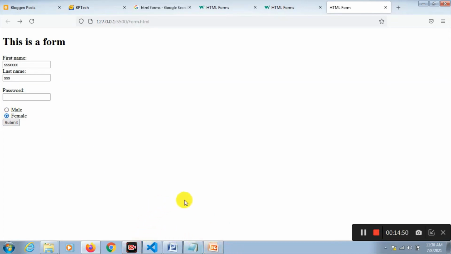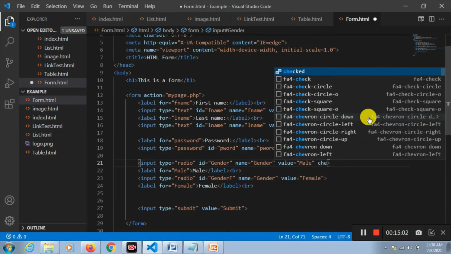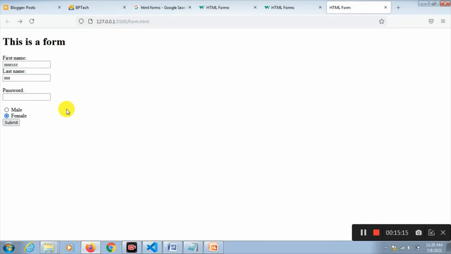If you want one of them to be checked by default, let's say male will be checked by default, then you can give one more attribute, checked. And you don't have to give any other value, simply checked. What will happen? You see, male is checked. Oh, sorry, why is female checked?